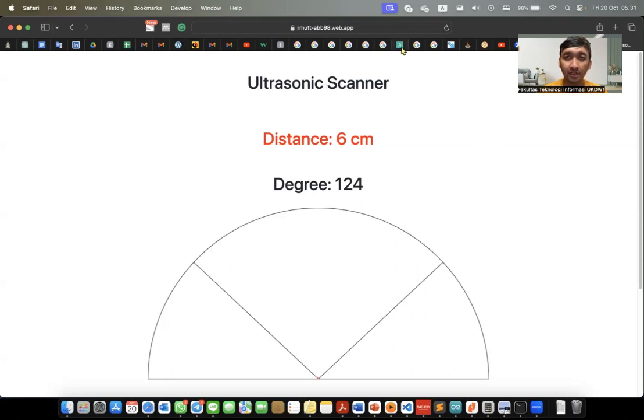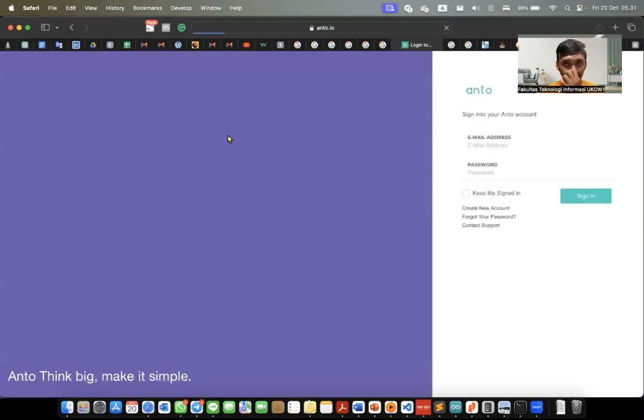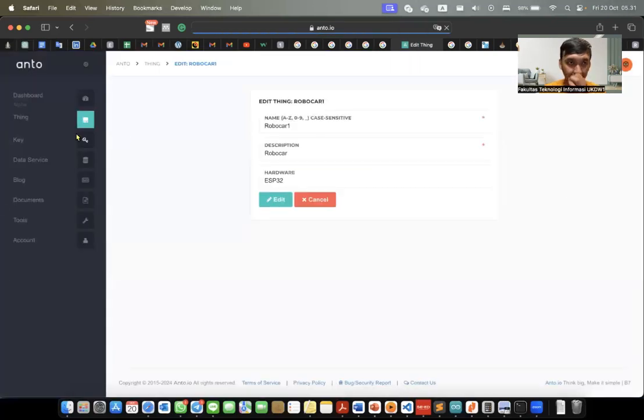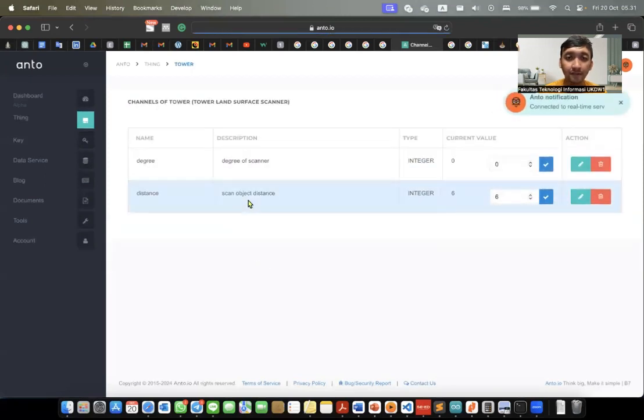So once we are done with the website application, we can set the configuration in Anto.io. In Anto.io, we can create the thing with this button. For this project, I create a tower, and then after finishing creating the tower, we can set the channels.